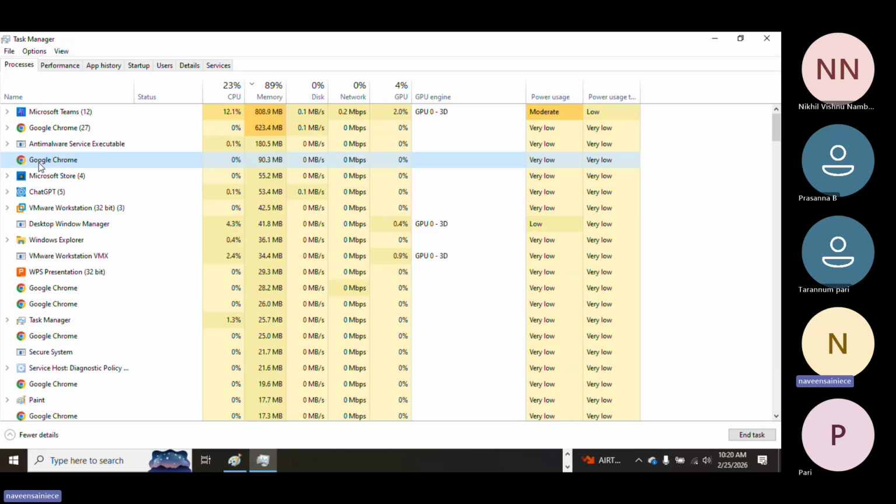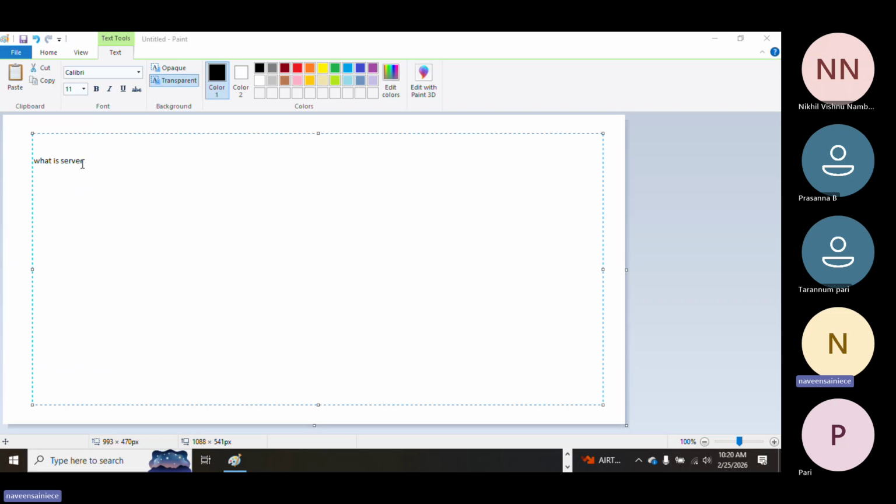Here our main goal is to understand the server. A server is the same as an operating system with some processes running, but the difference is that the application will serve. That's why the name is server. So who will serve? The services. Now what are services? Services are nothing but applications.